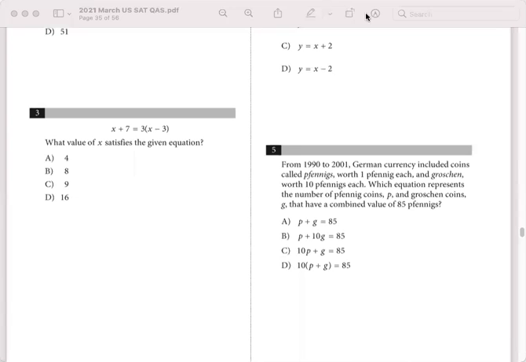Question 5. From 1990 to 2001, German currency included coins called pfennigs, worth 1 pfennig each, and groschen, worth 10 pfennigs each. Which equation represents a number of pfennig coins, P, and groschen coins, G, that have a combined value of 85 pfennigs? Okay, so if I have P pfennigs,